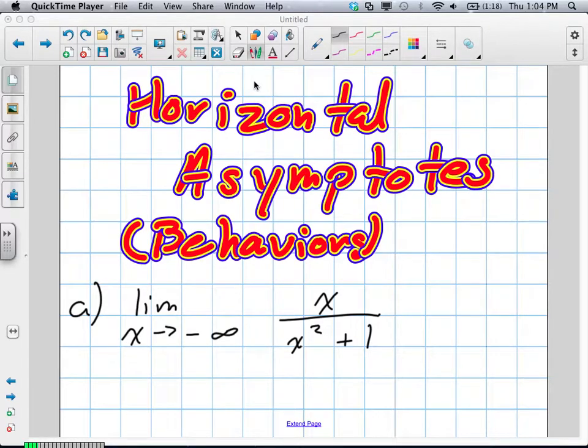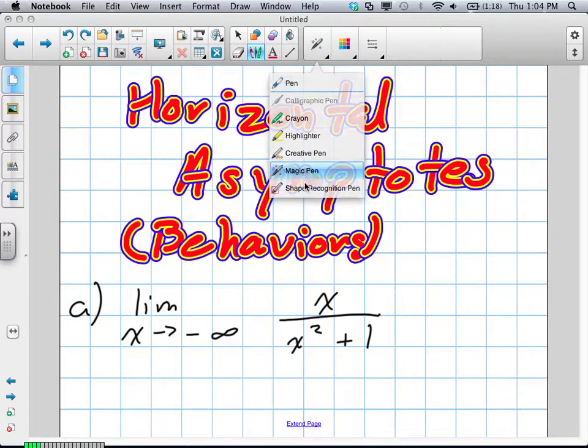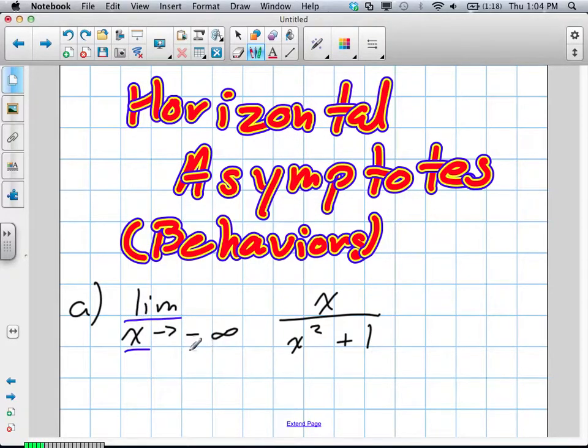Okay, we're going to go over horizontal asymptote behaviors. This question specifically states the limit as x tends towards negative infinity. First things first, we need to find a value. If we're tending towards negative infinity, we're looking for a value that would be considered a horizontal asymptote. Now, if you recall,